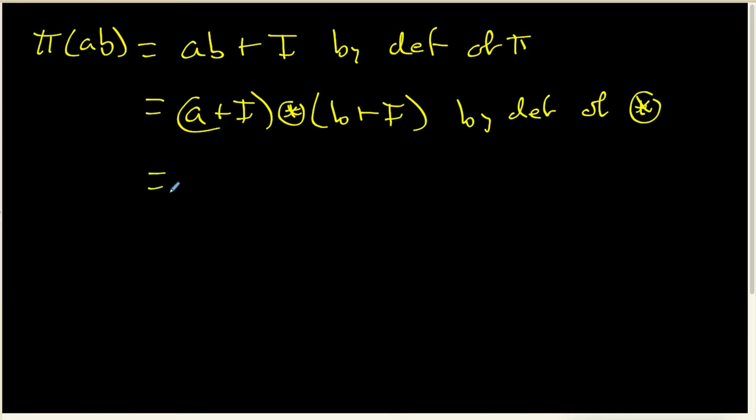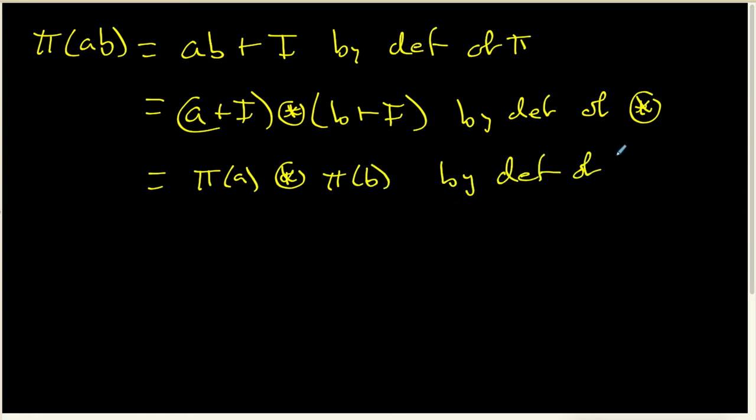And of course, A plus I is just pi of A, and B plus I is just pi of B. And so this is again by the definition of pi. And if we look at this, pi of AB is pi of A times pi of B, so pi preserves